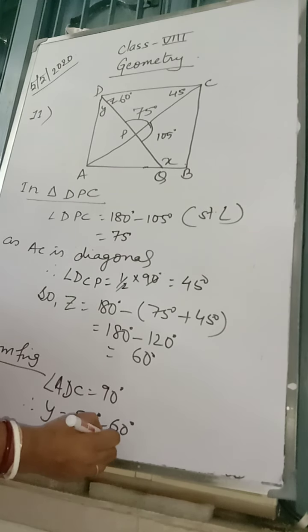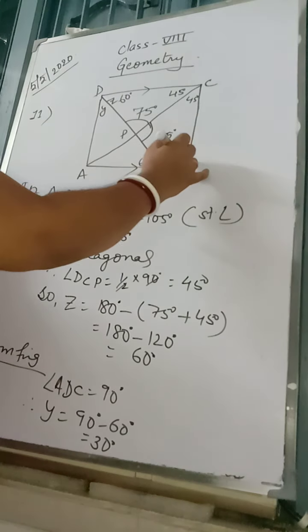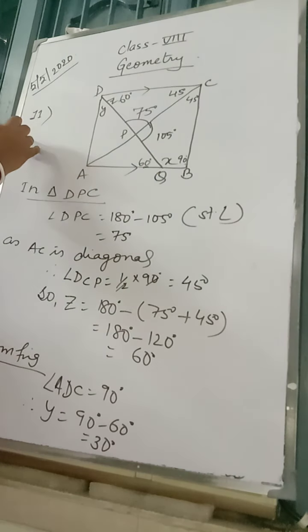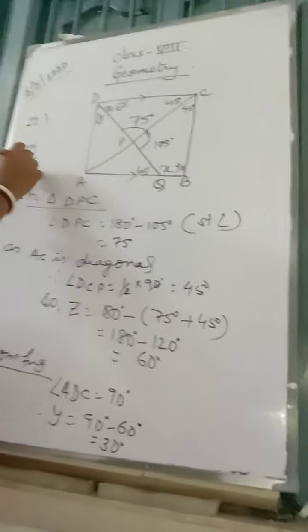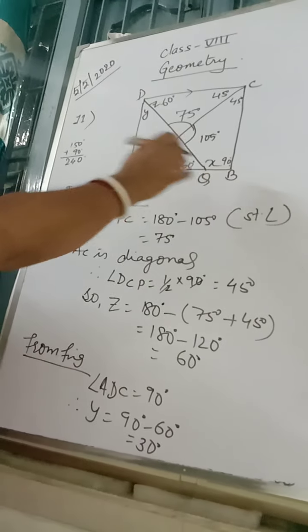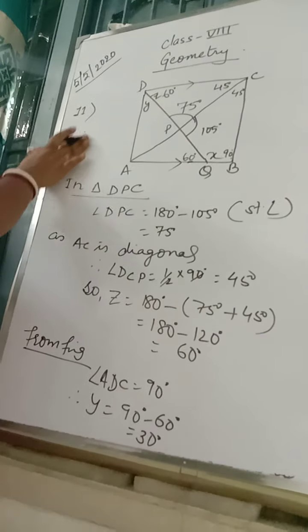Now we know the sides are parallel. So if this is 60, what will this be? This is 60, alternate angle. So this gives you 120 degrees. If not, you see this is 105, this is 45. As this is 45, so this is 45. This is 90. So what does it give you? 150 plus 90, 240 degrees. We know the sum of interior angles of a quadrilateral is 360 degrees. So x is equal to 120. It is up to you what you are going to use.